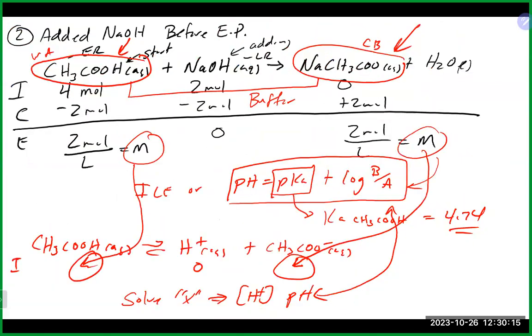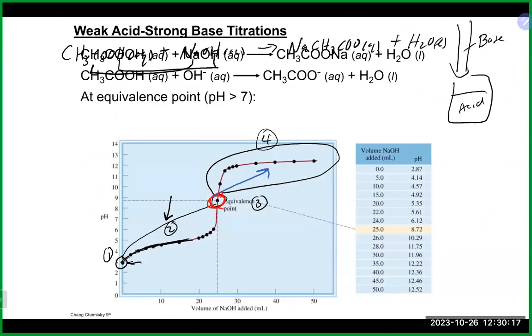So the similar-looking curve here, that looks like the other one. A lot more happening here. So really a Ka problem there. You got a little buffer problem happening there. You got a hydrolysis problem there. And you got a strong base problem happening at the back end of it. As I mentioned a second ago, the good news is, these are all calculations that we've done previously. The key where people really struggle is to recognize that they should be doing the proper calculation at the right point. This is why it's really important, as I've been going through these made up examples,